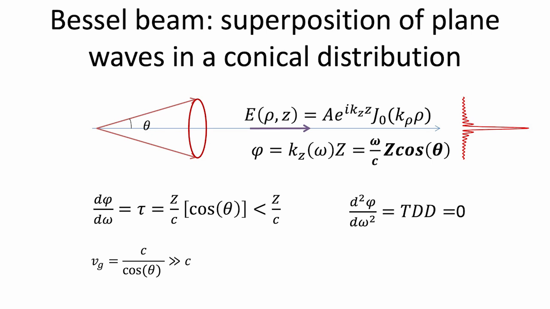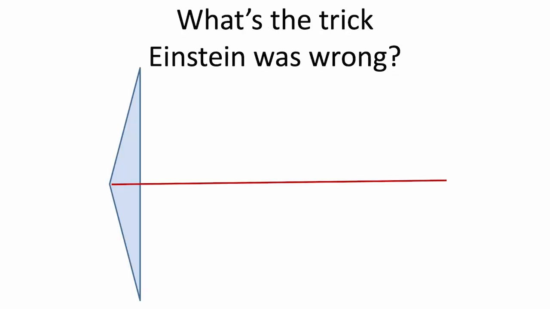You might say, hey, I was taught nothing travels faster than the speed of light. Was Einstein wrong, or is there something wrong here? Well, no, this is Maxwell's equations. This has to be relativistic. There's nothing wrong. So what's the trick? Let's look at the next one.